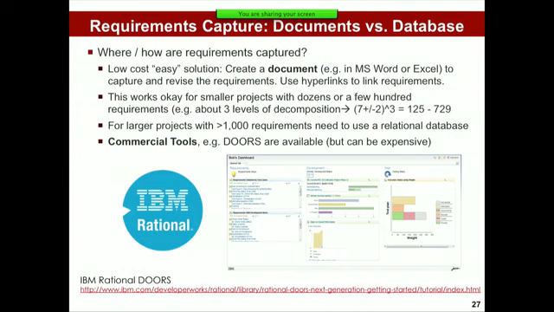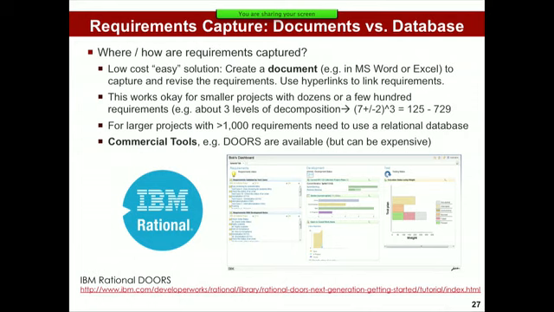If you're in a few dozen or a few hundred requirements, kind of what we have in CANSAT, it's okay to do it this way, right? It's still going to be a lot of requirements, and you have to do a good job, but you can do it that way. If you have more than that, and that typically means more than 1,000 requirements to handle, and there are big projects that have 5,000, 10,000 requirements, there is no way you can manage that effectively in a kind of document-based way. So what you need then is a database.